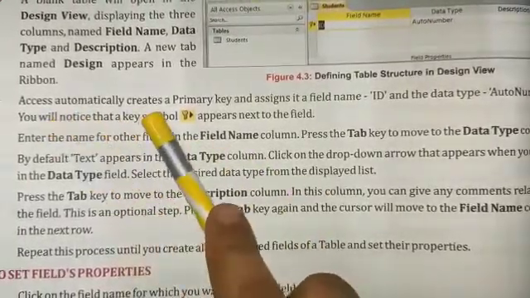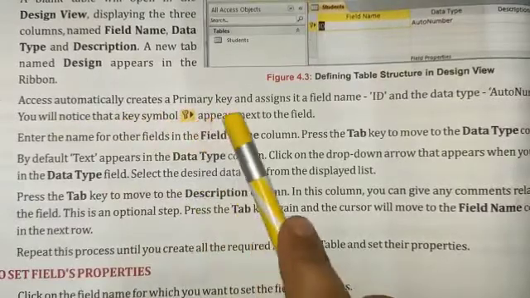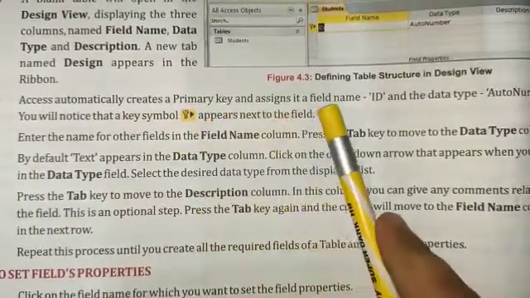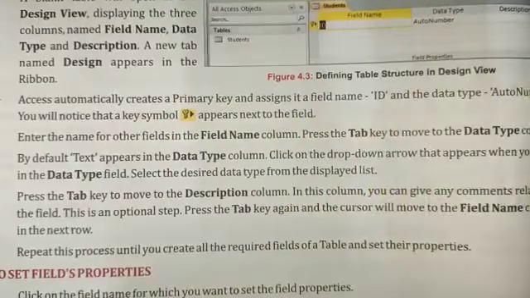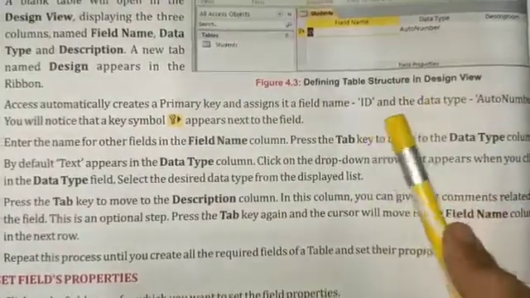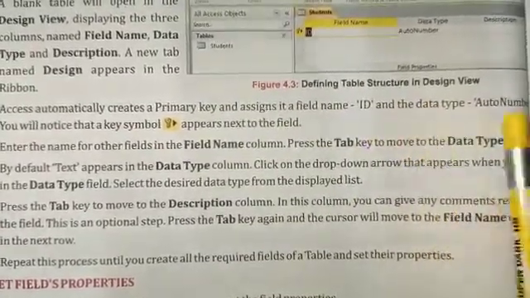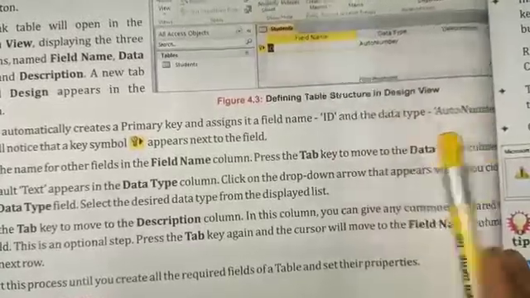Access automatically creates a primary key and gives it the field name ID and the data type auto number.